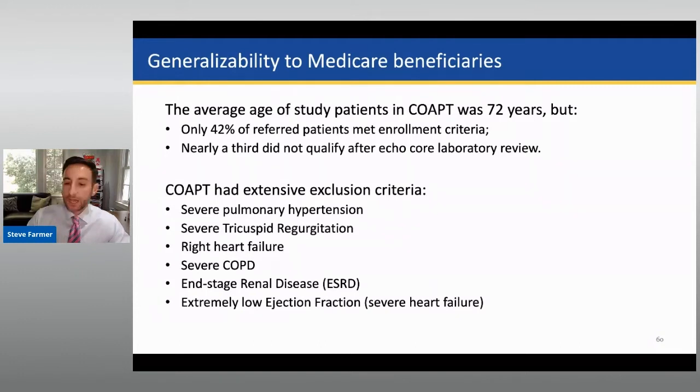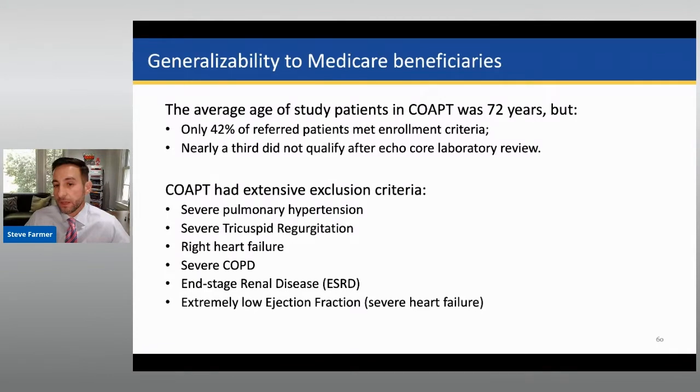To isolate the effects of TEER on FMR outcomes, the COAPT study excluded a long list of comorbidities as well. Many of them are commonly associated with moderate or severe MR and advanced heart failure, so they're often present in patients who might want to pursue TEER. For example, severe pulmonary hypertension, severe tricuspid regurgitation, and right heart failure are often present as a result of the patient's MR. So having them be excluded comorbidities is problematic for sure. If we rely entirely on the COAPT study, we cannot know if patients with those excluded comorbidities would benefit from the intervention.